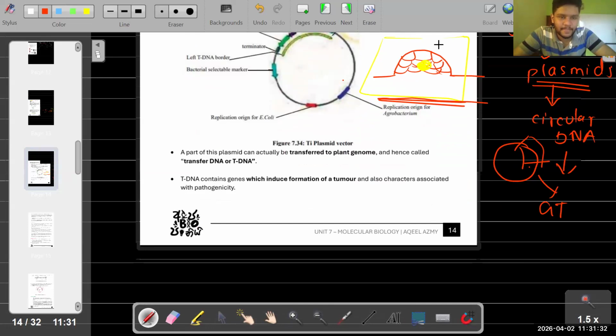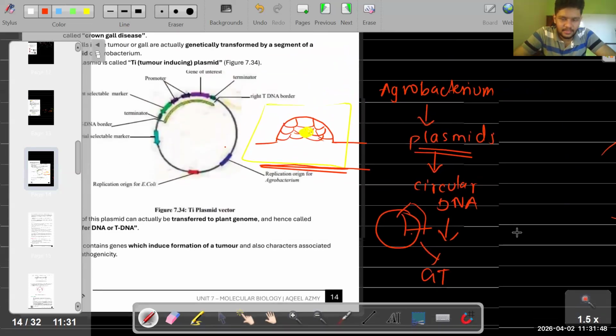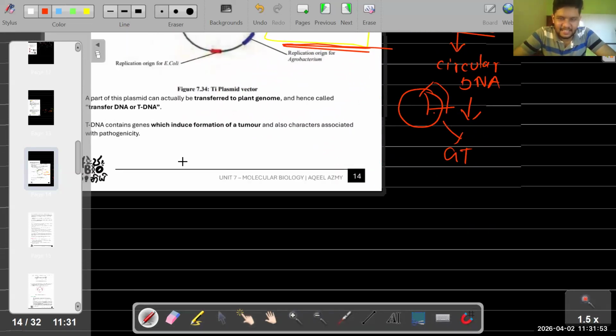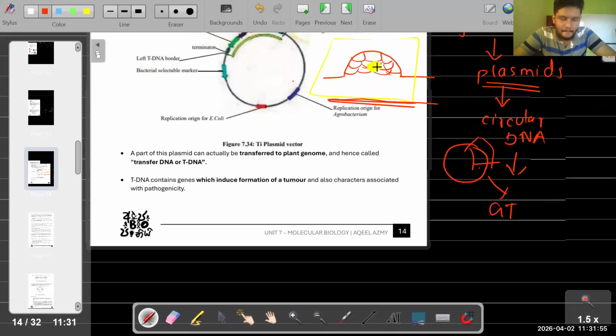Just now I said, genetically these cells are, what are they? See the structure and let me know. Genetically, these cells are,